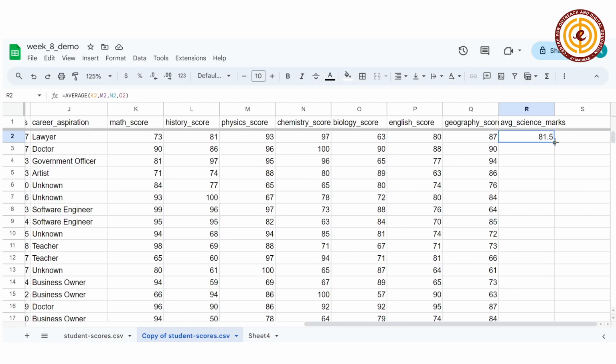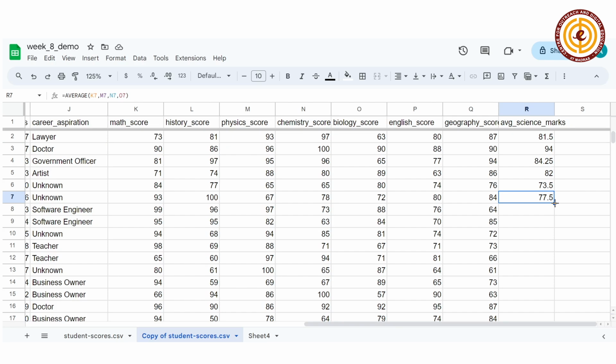The other way to implement that autofill is to select this particular cell, and in this dot, when you move your mouse, it changes to a plus icon. Now I can simply drag it down, and you can see it is automatically filling the values for me. If I click on this 94, you can see that it is the average of these 4 cells, which is exactly what we wanted. But this data set has 2001 entries, and while dragging this plus mark down is definitely easier than manually typing out the formula,